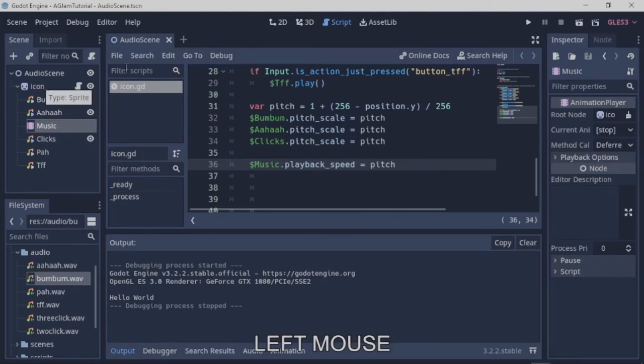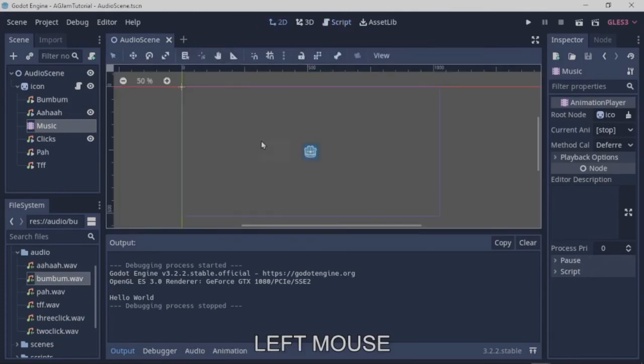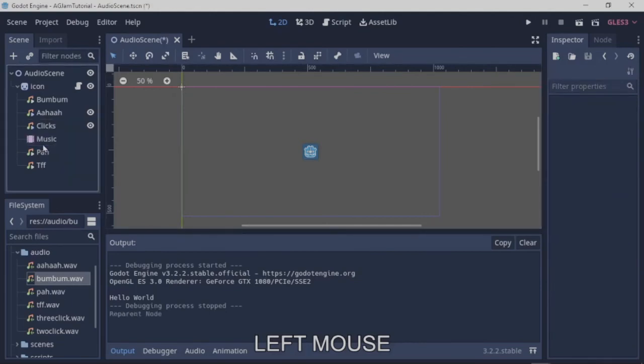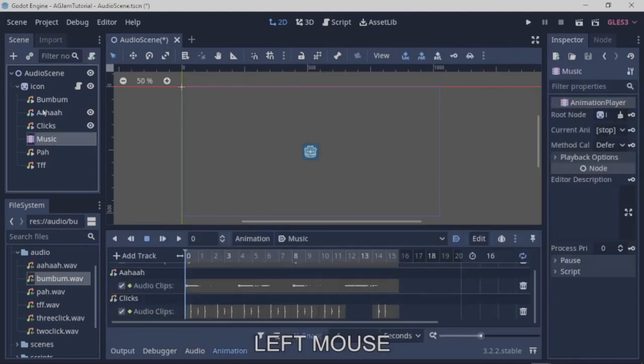So let's get out of this script window, back into this 2D window. I'm just going to move this music player just down a bit to between. So yeah, the music player kind of applies to all of those above and not to the ones below. It just works better in my head. Anyway,